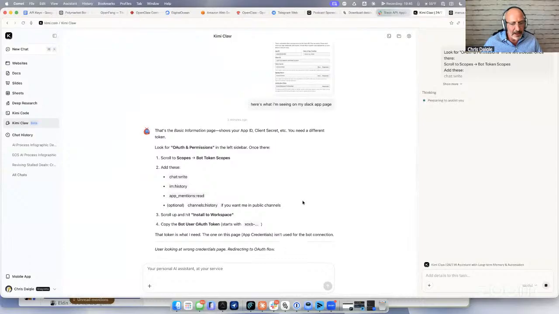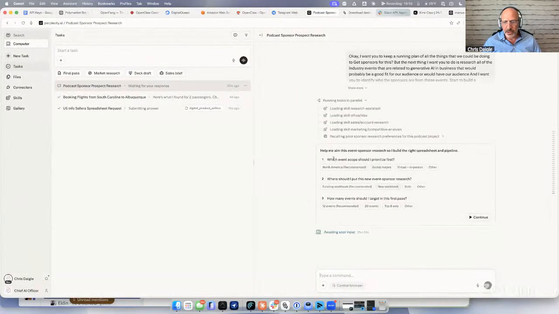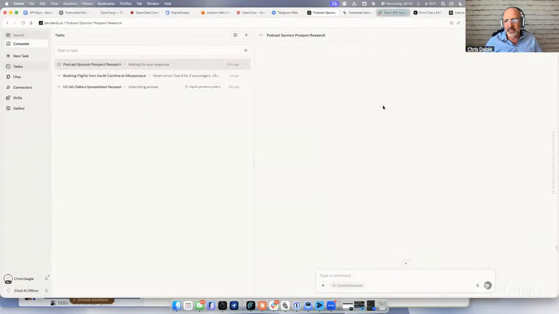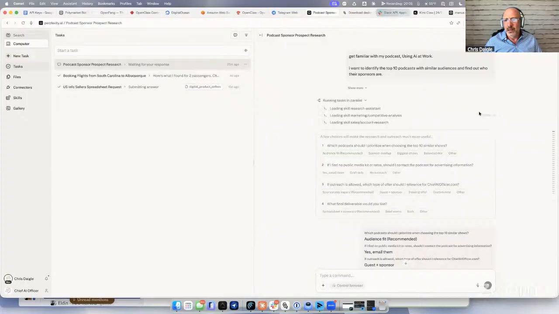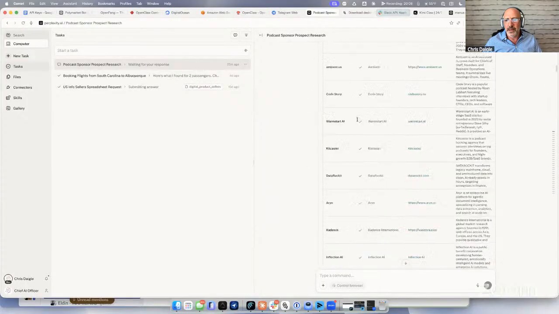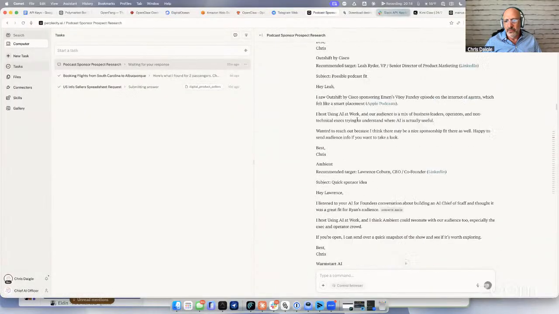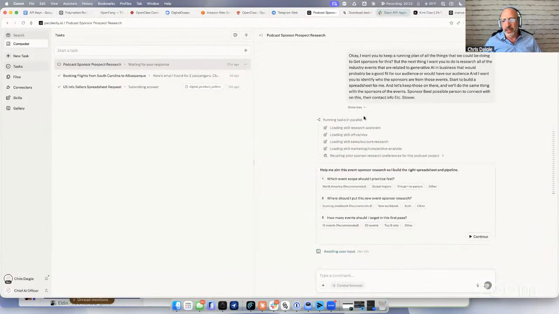Now, while it's doing its thing, I want to go back into this computer session that I was working on. So here's what I told the computer. And this is a long one. We've been working since, I don't know if it'll give me a date timestamp, but I've been working with Computer on this one thread. This isn't a light activity. We've done some deep work together. So now I find myself at the point where I want it to, it went and searched podcasts and found those. So now I'm going to say,